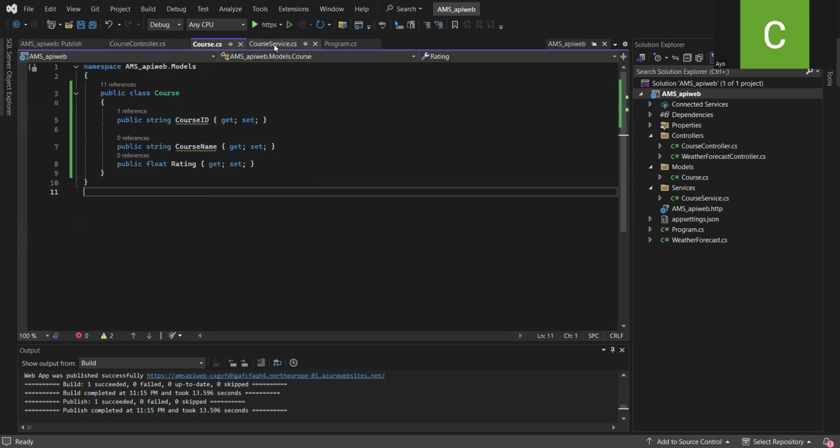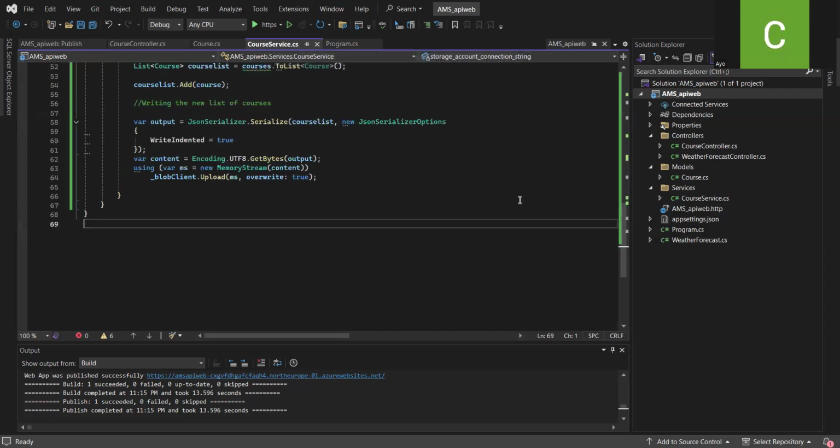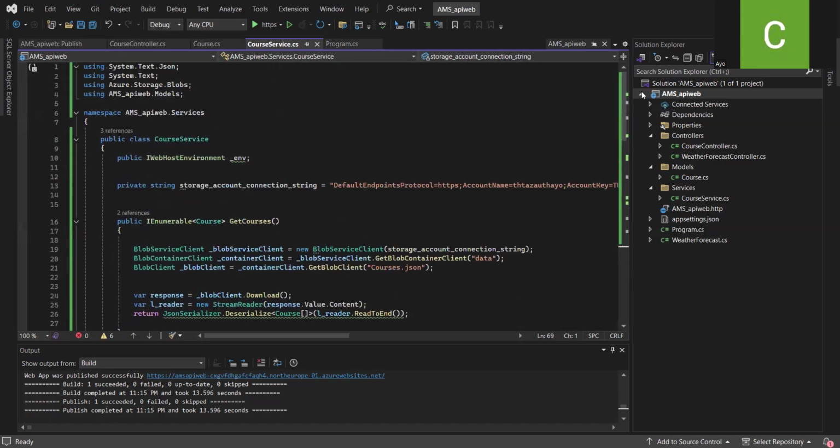If I go over to my course service, you can see that there's a storage account that is acting as the storage source for the API. Whatever interaction is coming from the controller is updating what we have in the storage account or fetching data from the storage account. And we have the connection string from the storage account as well. I believe in some of our last videos we already saw how we can connect a .NET application to